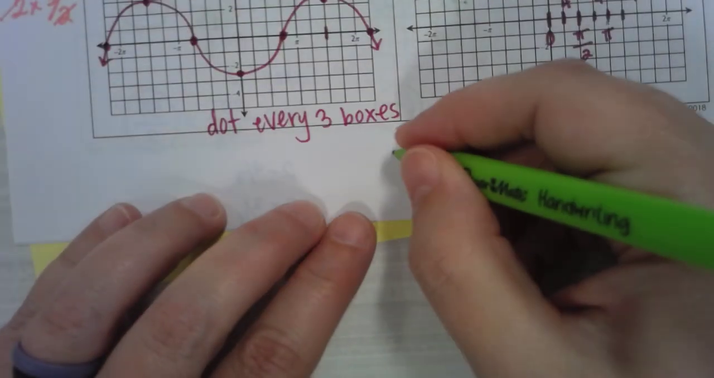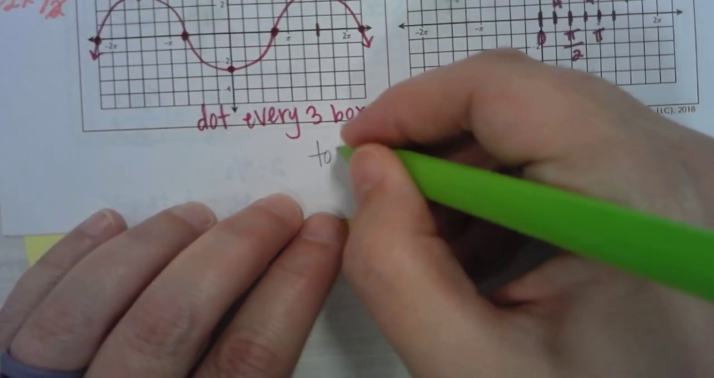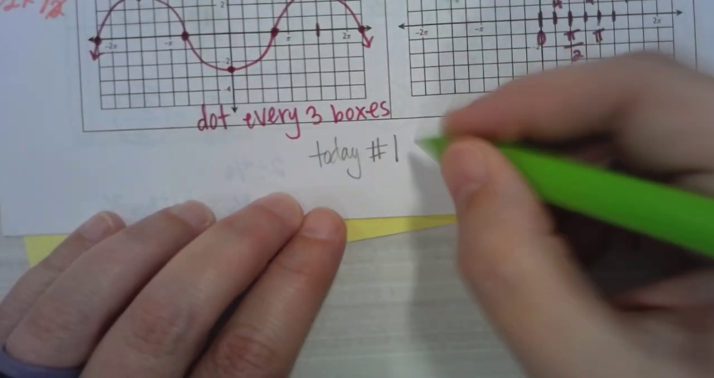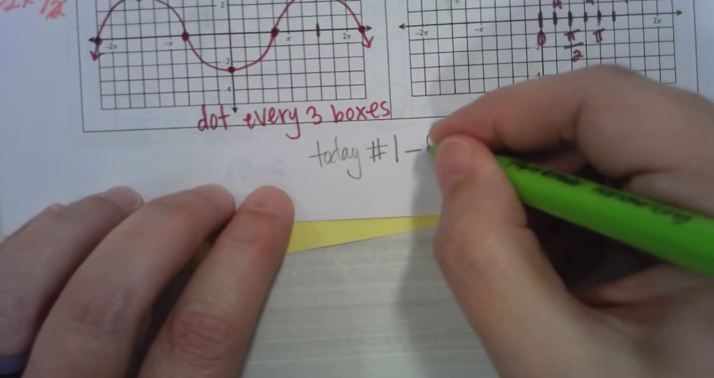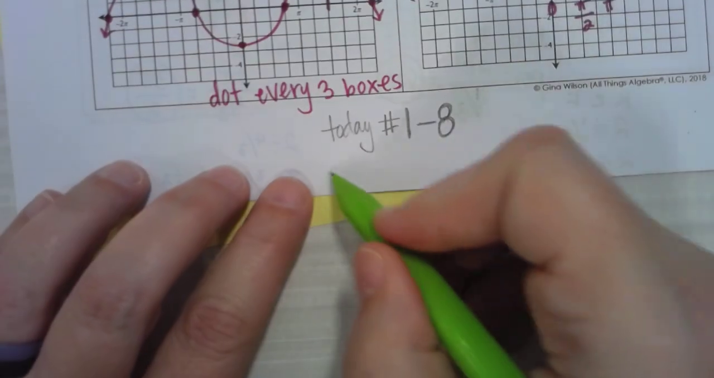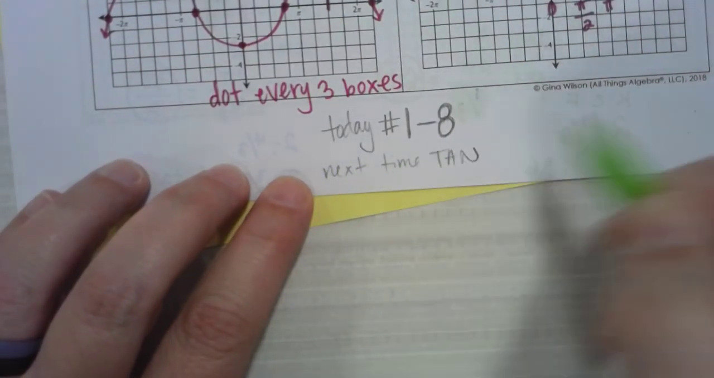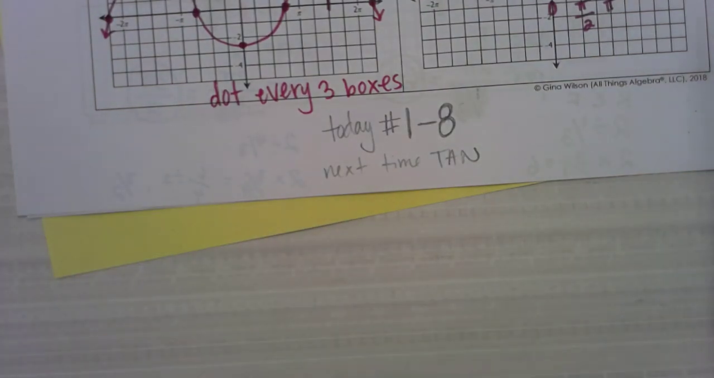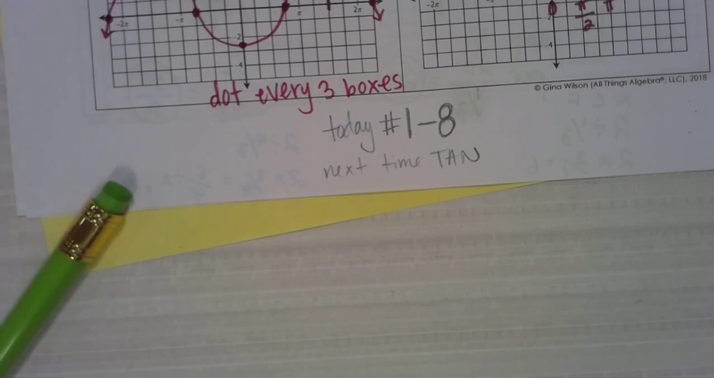Okay, so this is going to be assignment 20. Today we're going to look at problems 1 through 8. And then next time we'll do the tangent graph and we'll finish the rest of the problems. So there's 9 through whatever, I think it's 12. So don't cross them all out and